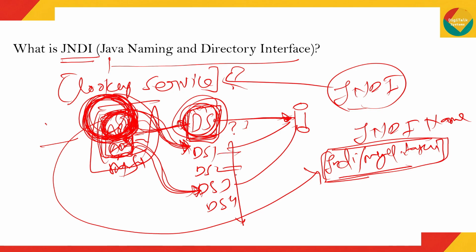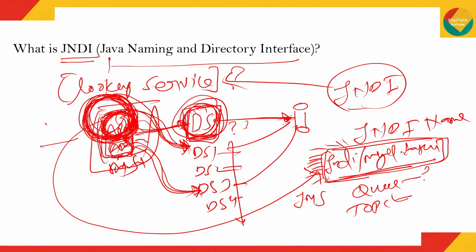So that means each and every data source will have a unique JNDI. And with the help of this JNDI, your application can connect to the database, or you can say connect with the data source. Similarly, whatever resources we define in the WebLogic server, for example in JMS, when we create a queue or a topic, we also specify the